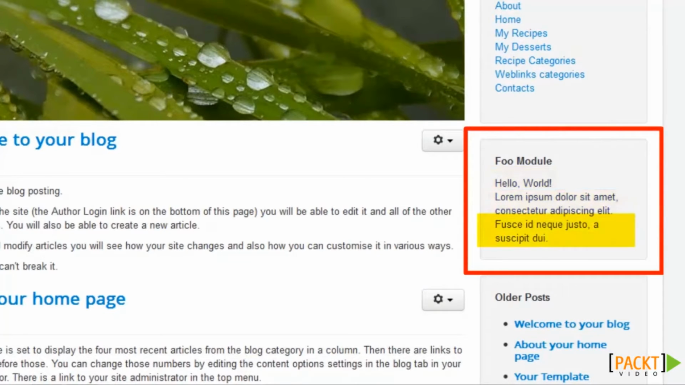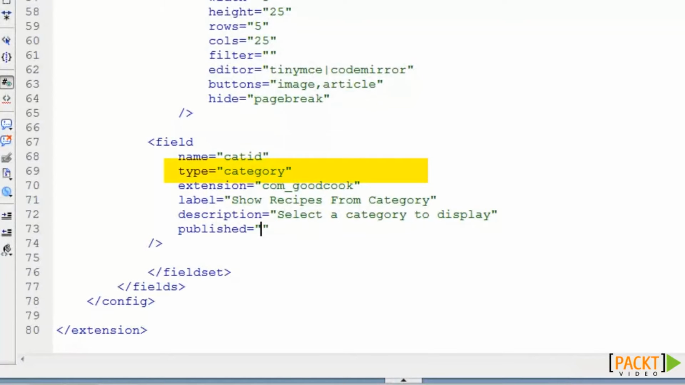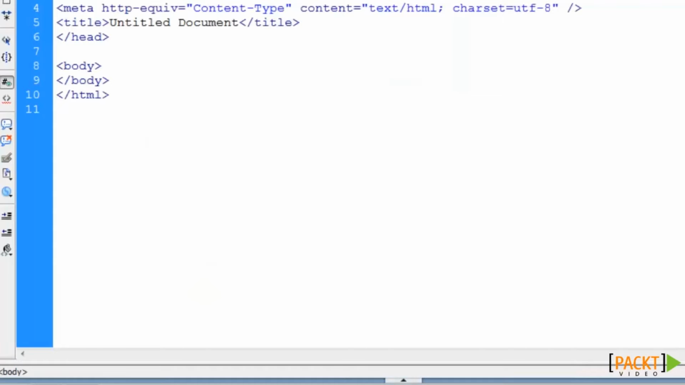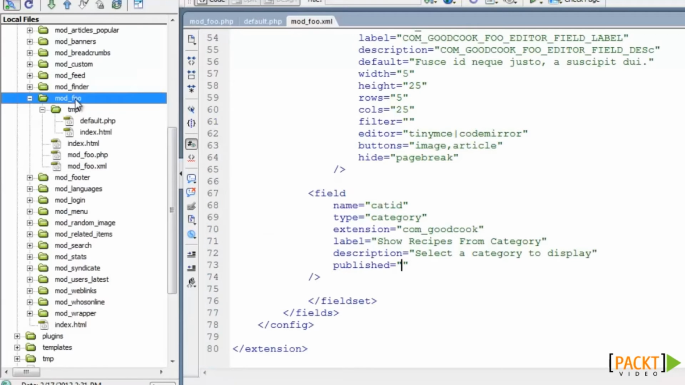Let's take a look at some other useful field types. The category form field will display a drop-down list of categories that belong to the specified component and return the value of the category ID number. Let's use this to display recipes from the Good Cook category. To help us